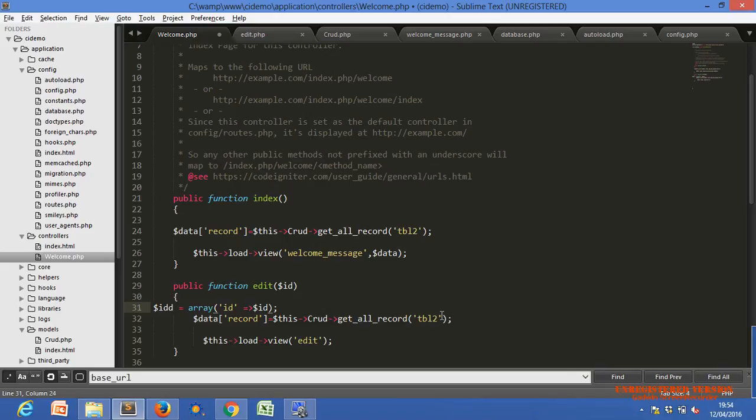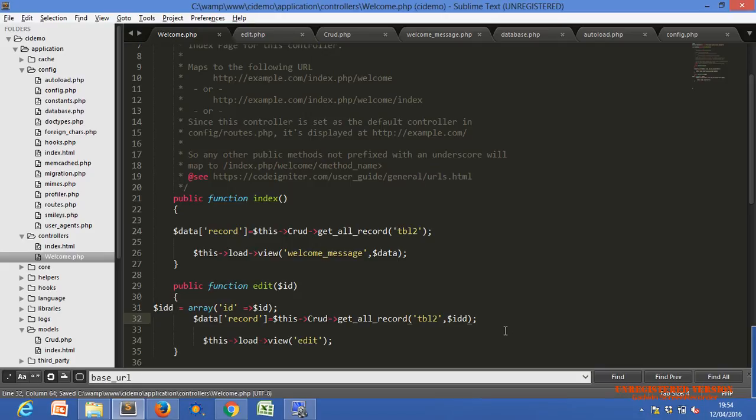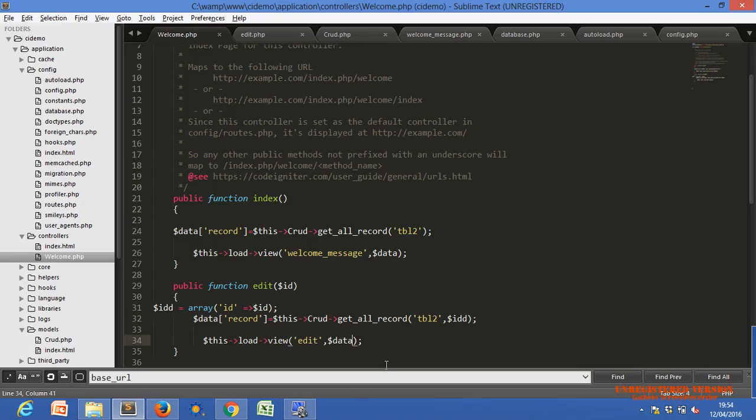Get all record, comma, dollar ID, and just pass here dollar data. I'll explain the code. Yeah, it is running. It means it fetched the data successfully.